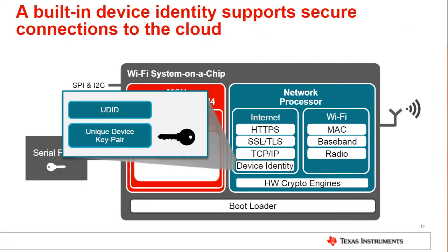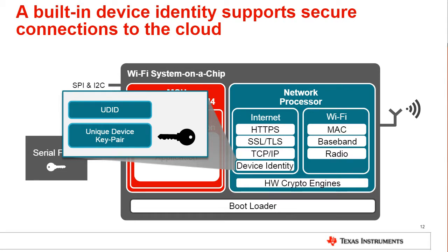The last advanced feature that I want to touch on is device identity. What we mean here by device identity is a mechanism that can be used by a Wi-Fi device to uniquely identify itself when it's connecting to another system, such as the cloud. So transport layer security helps ensure that data is protected and encrypted when you're transmitting it from a system to the cloud. And it also incorporates a feature called client authentication that can enable Wi-Fi devices to authenticate with a cloud server when they're establishing a connection.